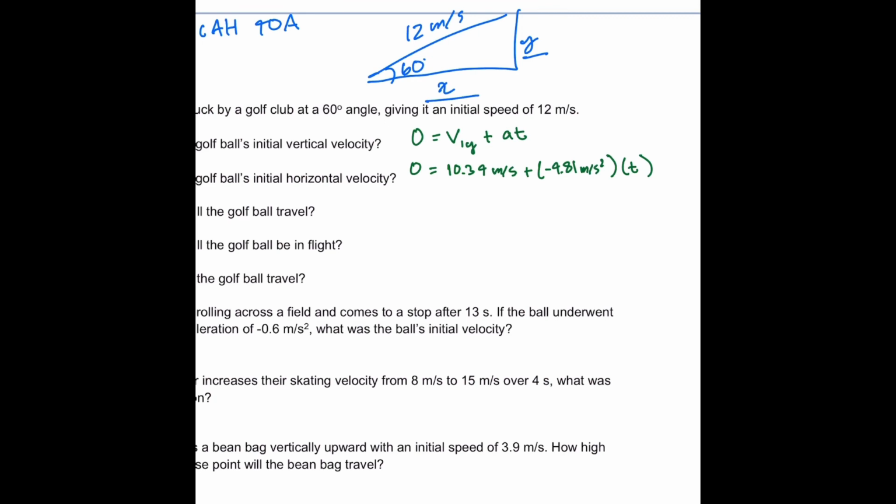In this case, it's fairly simple. We use the same process that we did for the previous equation. So we move 10.39 to the other side, which gives us negative 10.39 meters per second equals negative 9.81 meters per second squared times time. Since we're trying to find time, we want to get that alone. So we divide negative 9.81 on both sides. Once we do that, these cancel out, and that gives us time is equal to